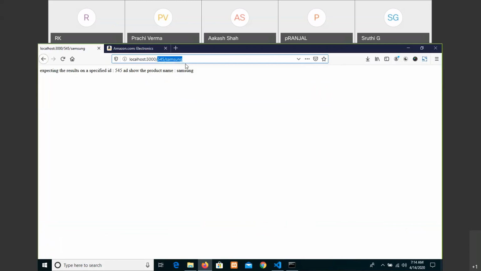A nicely formatted URL, an application that runs in a directory structure or a folder structure, from the ID 545 you are getting that value of product. Okay, and you have an option here.